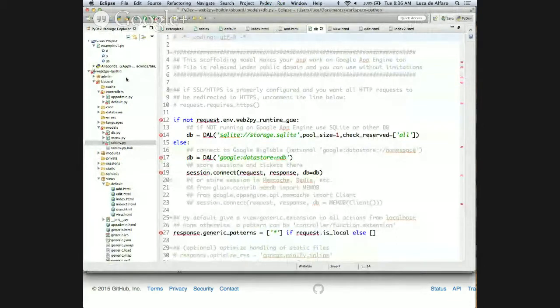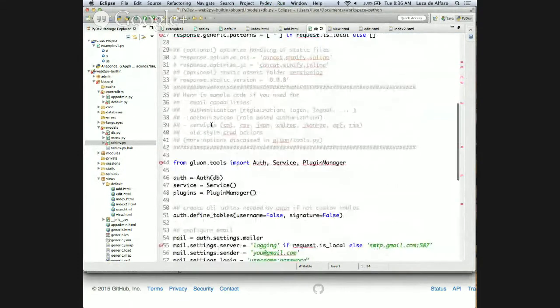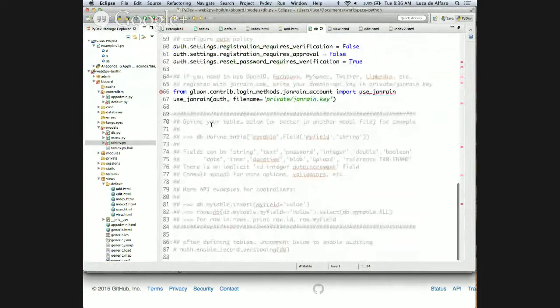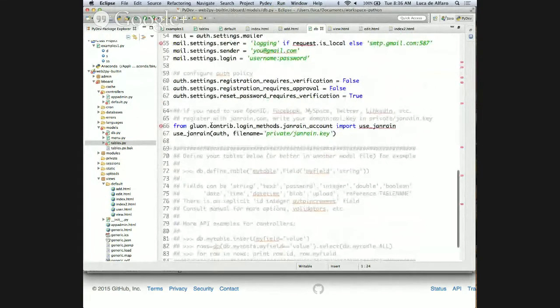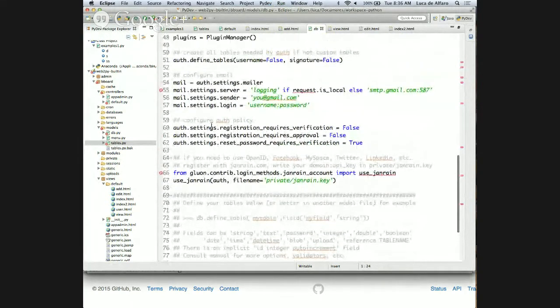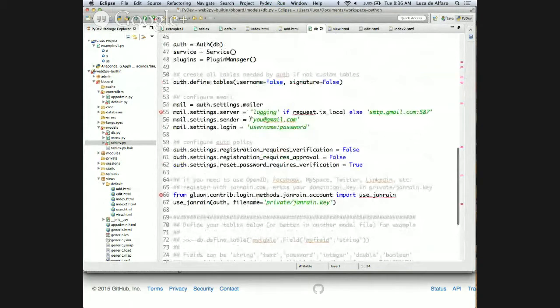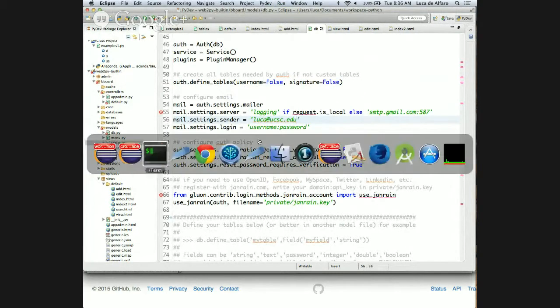Okay. So here we are in the bboard app. So I can make a change. Let me make some change that is not so important. Like mail setting sender, I want this to be luca@ucsc.edu. Okay, that will be my change to send email. It's just a completely silly change just to do one quickly, okay?